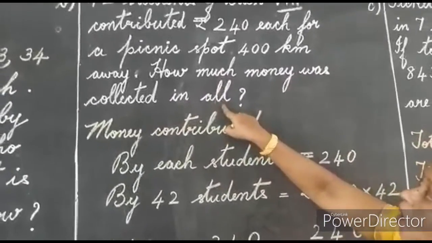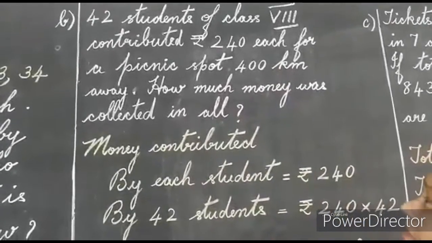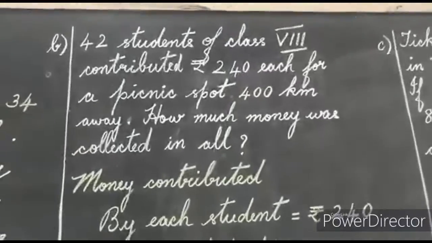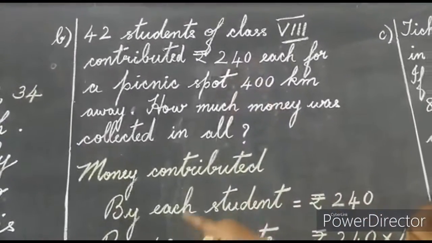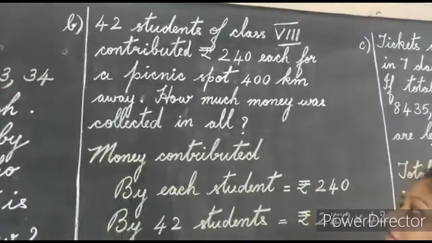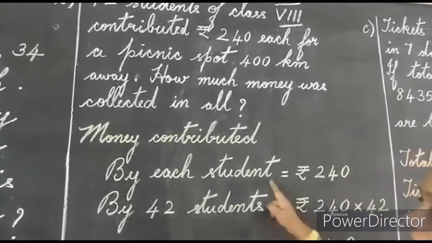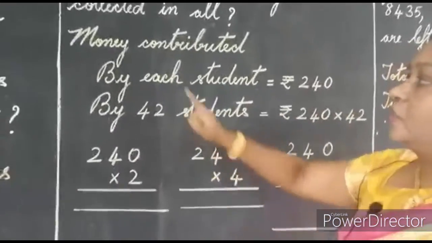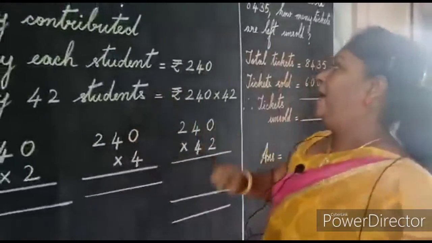By looking at this all, don't be misguided that it might be addition and add the number. It's wrong. One student here is giving the class teacher 240 rupees. So how many students are there in the whole class? 42 students. We have to multiply to find out. Each is given and many is asked. That is the concept in multiplication. One given and more is asked. So you have to multiply.